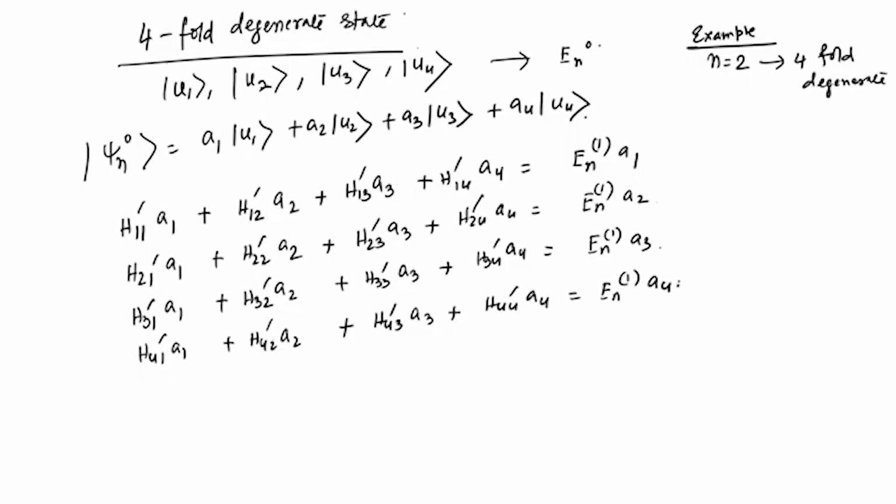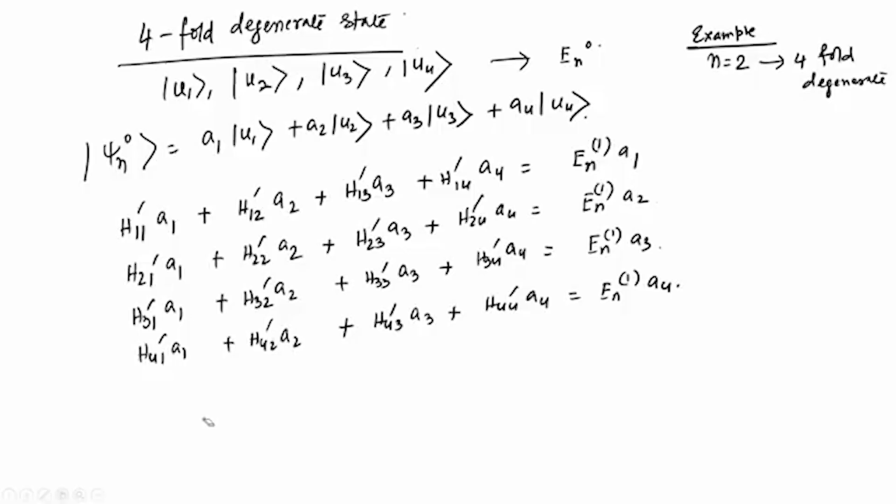So, this is just a 4x4 equation which needs to be solved. So, the unique solution is determined by the fact that the solution is obtained, let us write it here, when the determinant of this vanishes. So, it is a En1